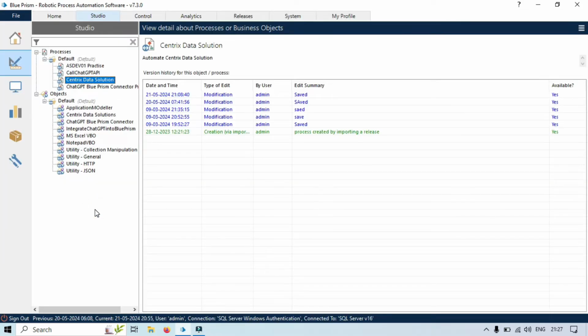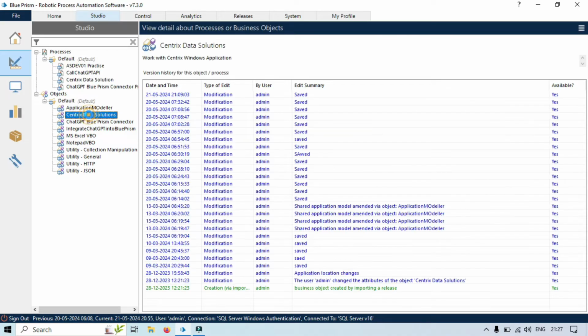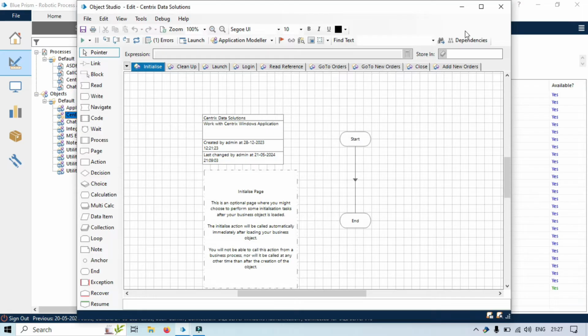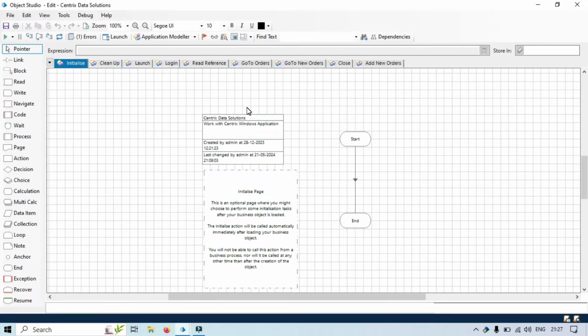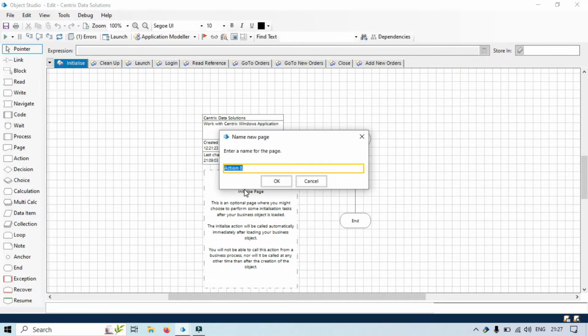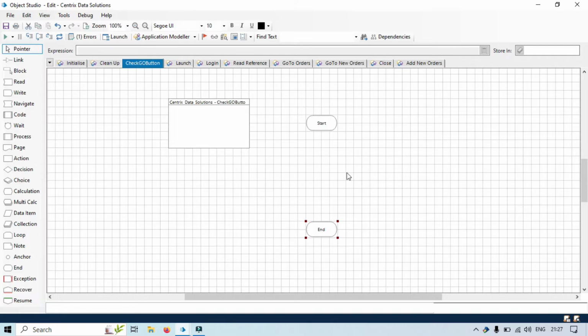For this example, I will be using the object that we already have, Centric Data Solutions. Let me open this one, and I need to create a separate action for this. Let me create a new page for check go button. Now here I'm going to take one wait stage. Why am I taking this one? Just to see whether the button exists or not,